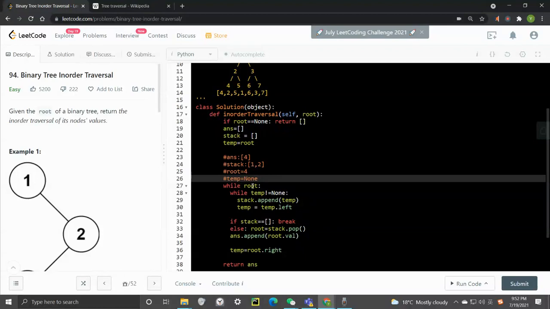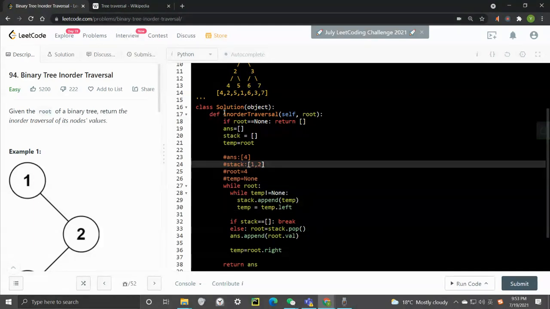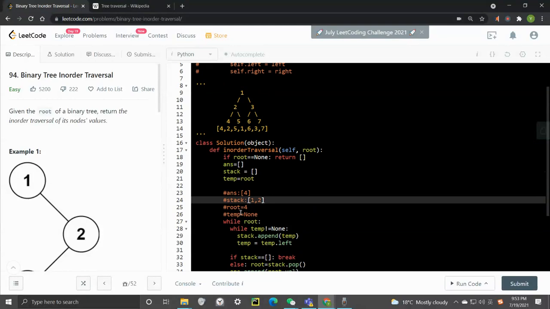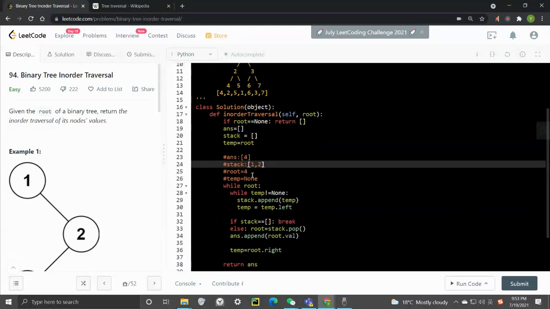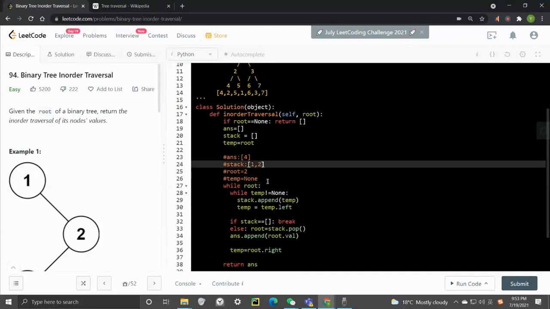And then we go back to the while loop, and the loop is 4, and then the temporary is none. So we don't do anything in this while loop, and then we take on the next one, which is the 2 from the stack, right? So the root becomes 2, and then we move the 2 from the stack, and then we collect